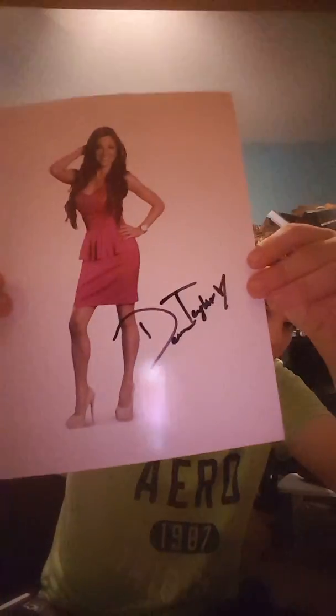Got Alicia Fox, Michelle McCool, Christy Hemme, Jillian, Layla, Natalia, Beth Phoenix, Kelly Kelly, Gail Kim, Cherry, Winter, Eva Marie, Devin Taylor,